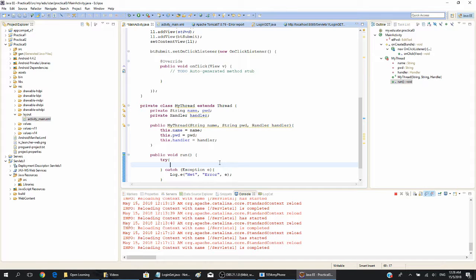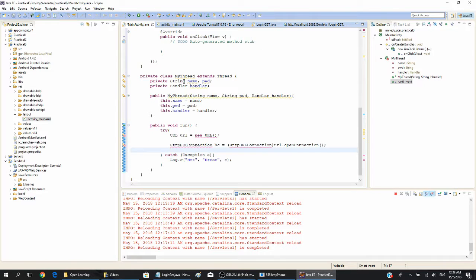So what I do here is to use the URL object to connect to my URL, and then I can use the HttpURLConnection object to try to open a connection from the URL that I've defined above